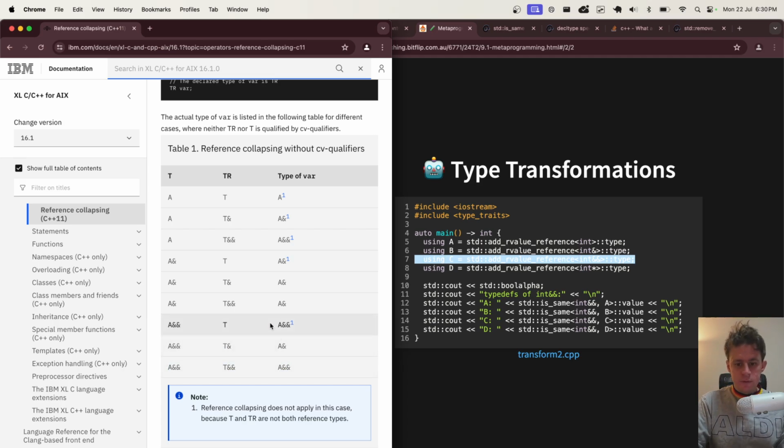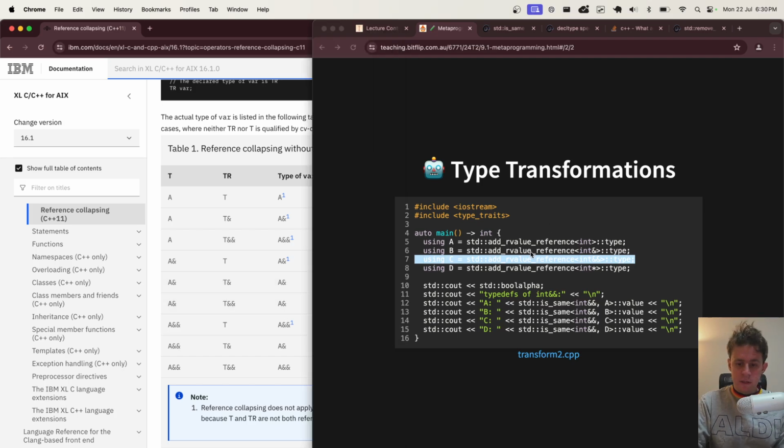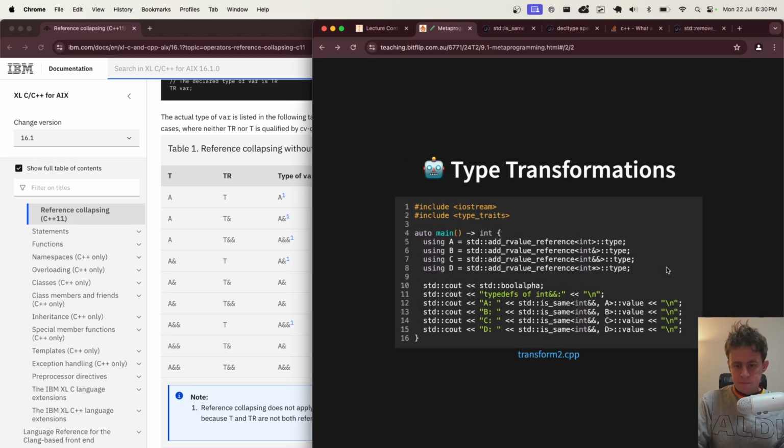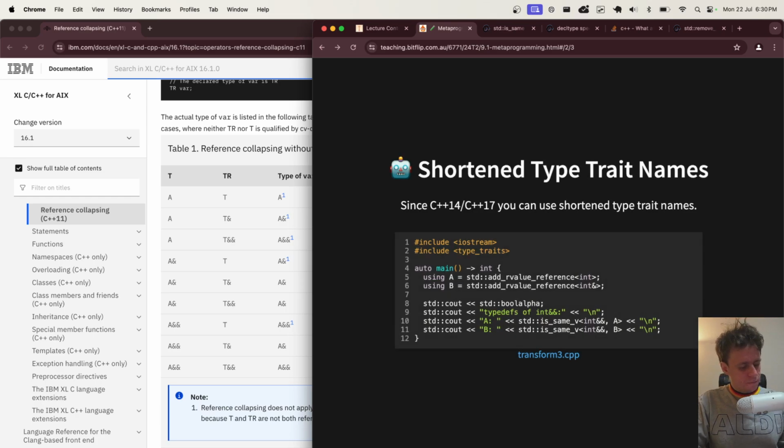So these are rules of the language that help you understand how things pan out when you add these different types of L value or R value references to stuff. And this little piece of code just helps you see it quickly, really. Very confusing stuff. Again, very fringy, as I might call it.